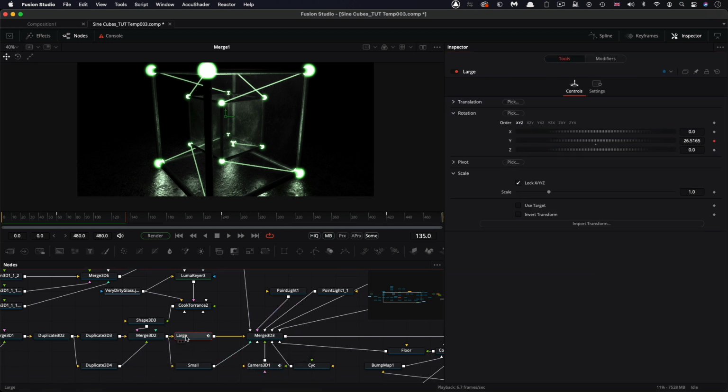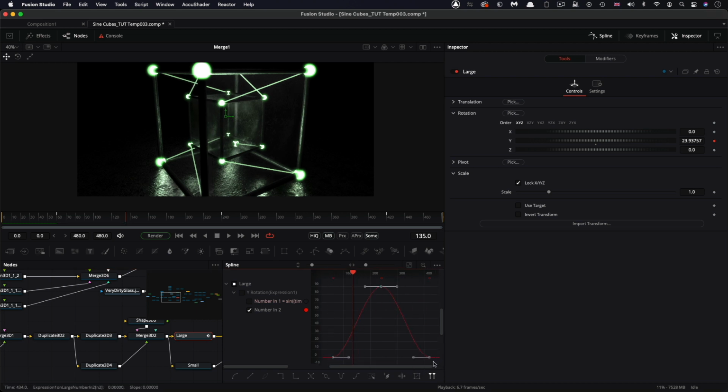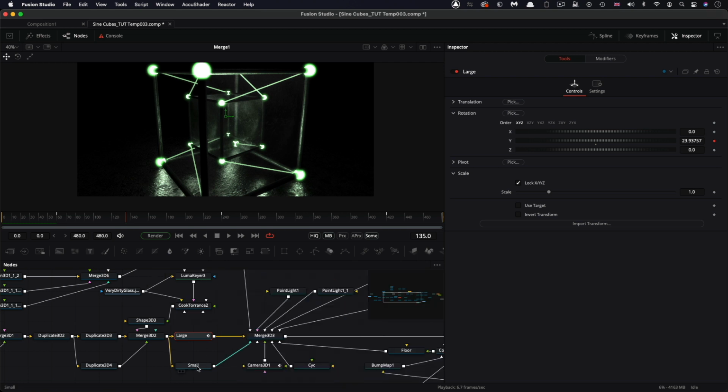So then, making sure we've got our large selected, let's come to the spline editor, and number in 2 is the value that we want. Let's select all the keyframes for that, Shift S to smooth them out, and we just need to do the same for the small, but in the case of the small, I'm going to have it start its ramping right